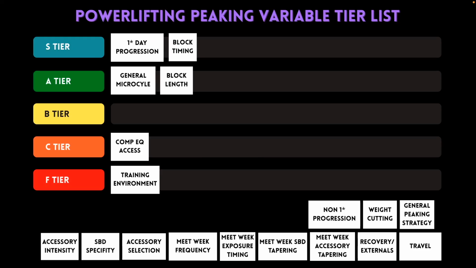And similar to that, non-primary, I think is a similar boat. I think what makes primary day progression maybe a little bit more sensitive in terms of how that influences peaking on meet day is that it's probably higher intensity, therefore elicits a more sensitive outcome. You're going to have these top sets which create fatigue or lack of fatigue, and I think that's pretty